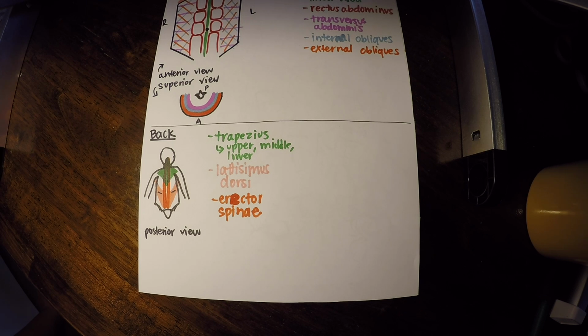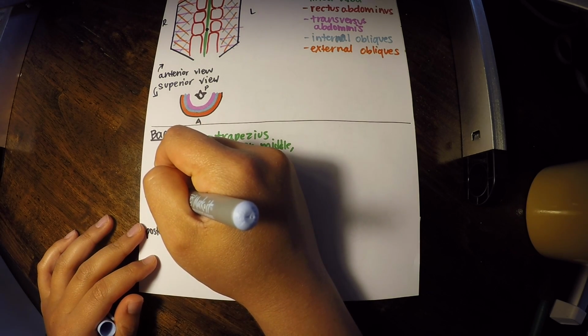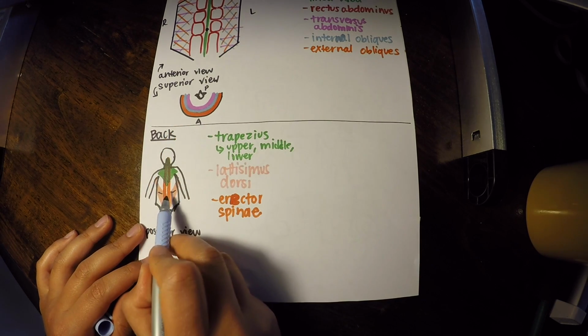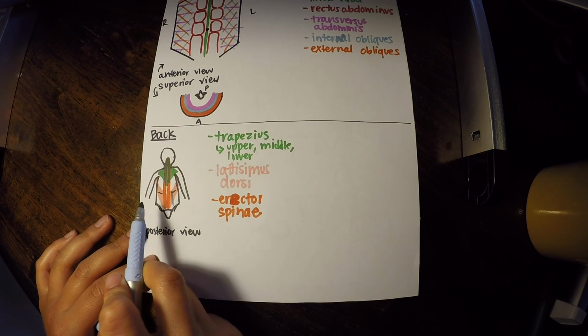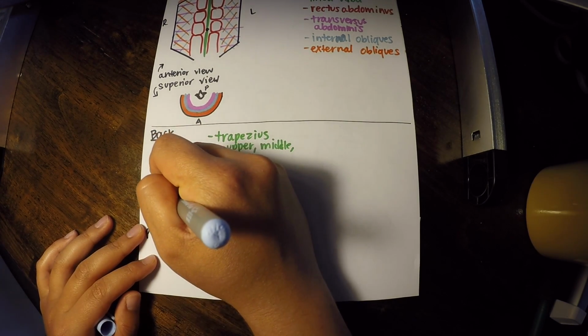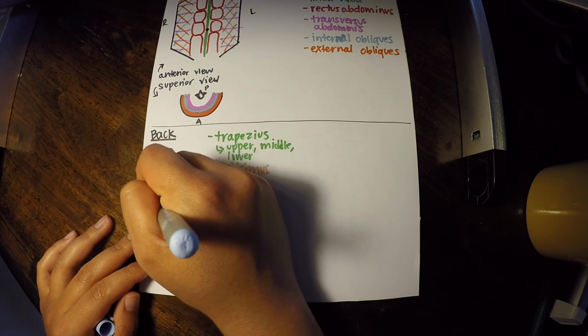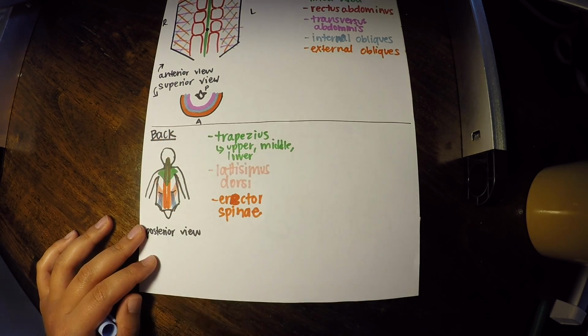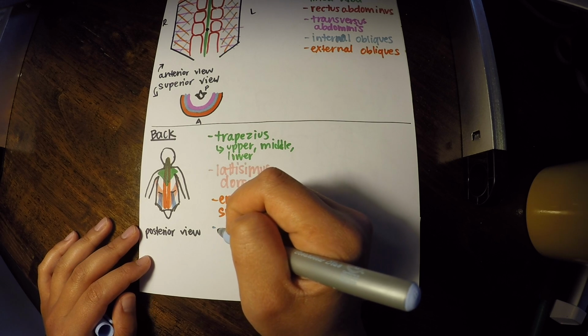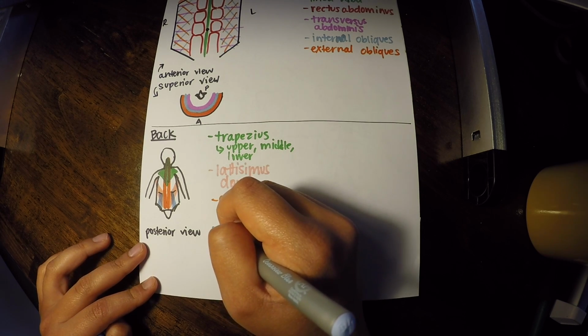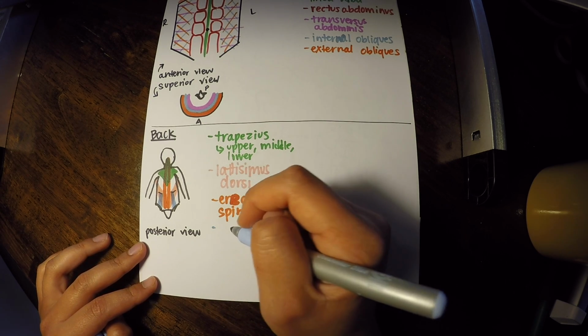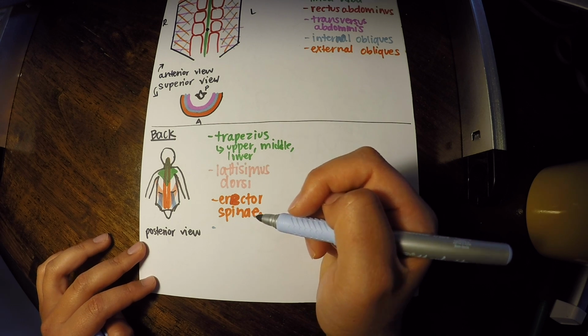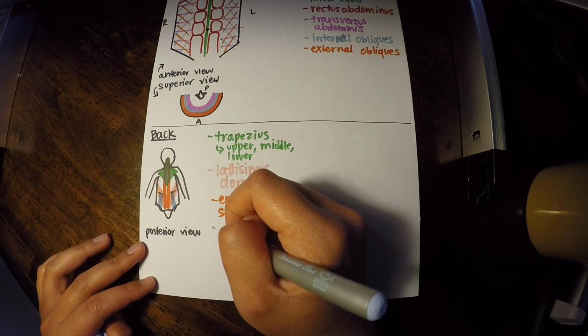Now, the last muscle that I want you to learn is our quadratus lumborum muscle, and that goes from some of our spine and our lowest rib, which is what this little black line is on either side, and it goes and attaches onto our pelvis at our iliac crest. And again, this is another one of those muscles, like most, that have numerous actions, but what I want you to know is that it helps us side bend or laterally flex at our lumbar spine.